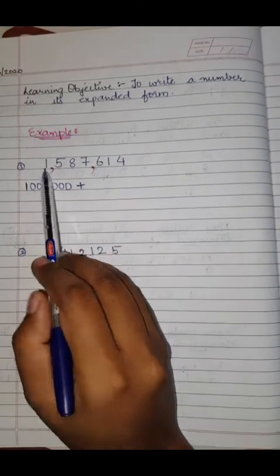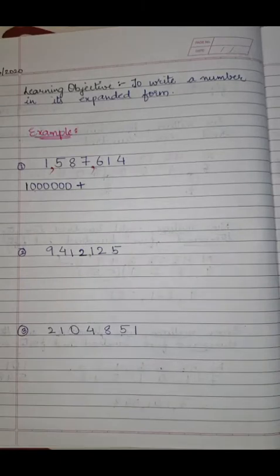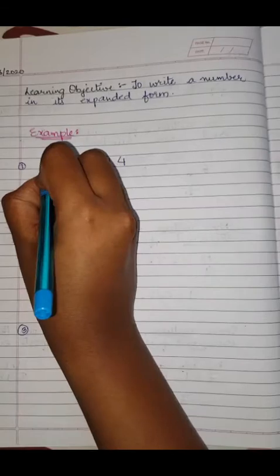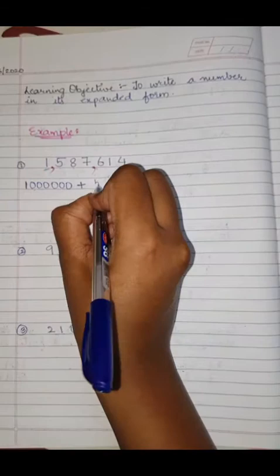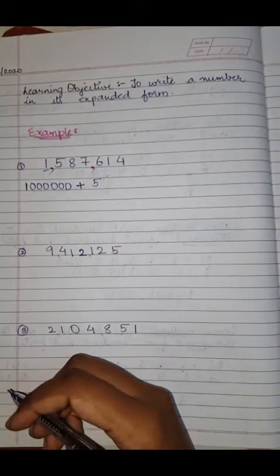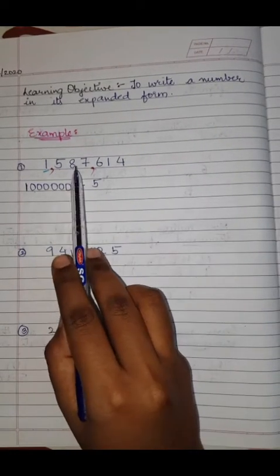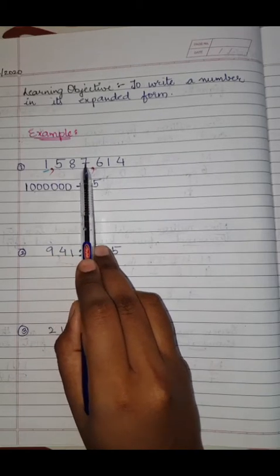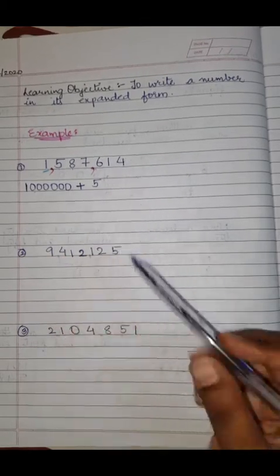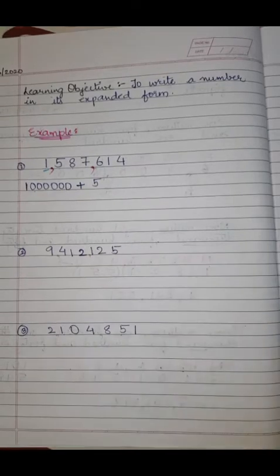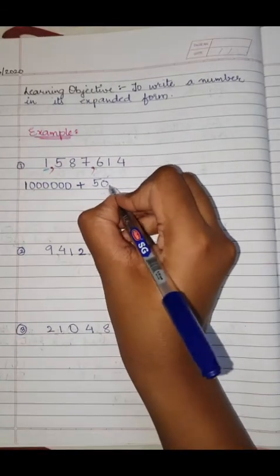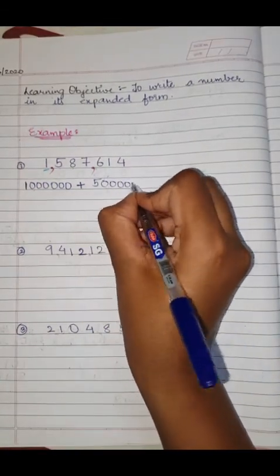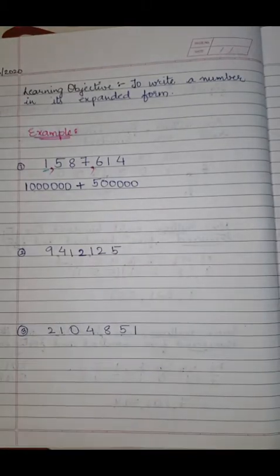You'll see the next number. 1 is finished for us. Moving on to the next number, which is 5. So you'll write 5 again. Count the number of digits after 5. After 5, it starts from 8. So this is 1 2 3 4 5. How many digits are after 5? 5 digits. So how many zeros are you going to put? 5 zeros. Again you'll put a plus sign.